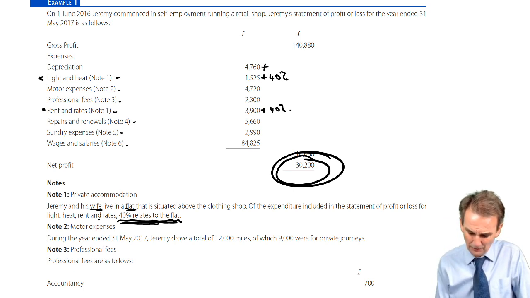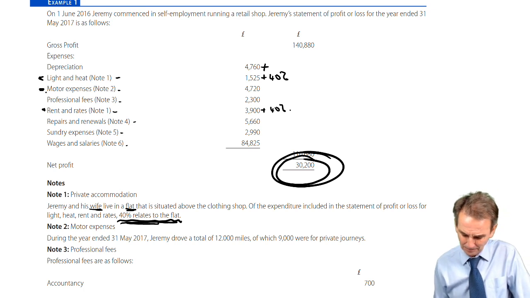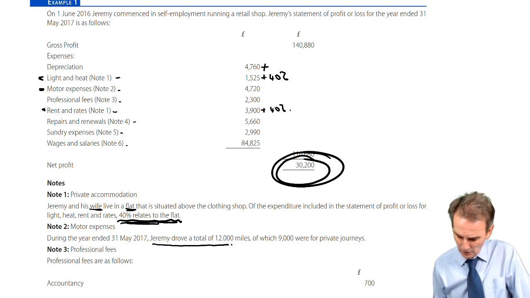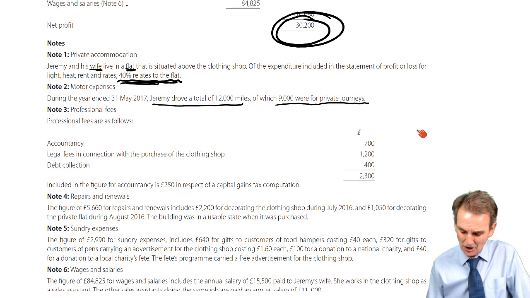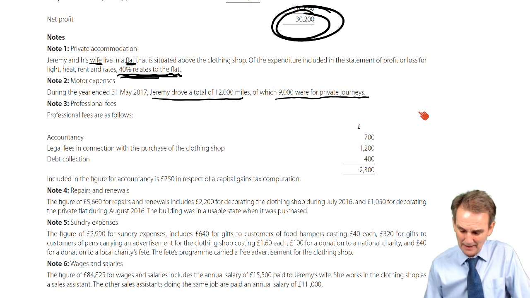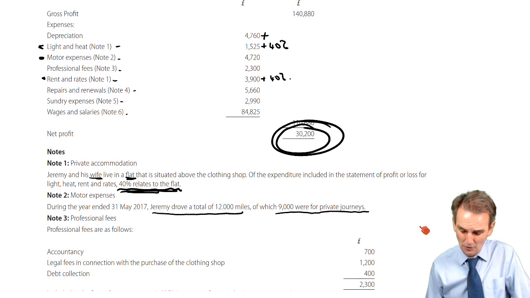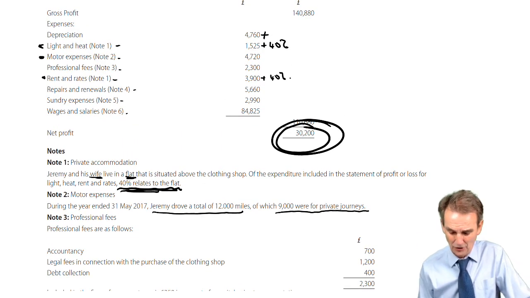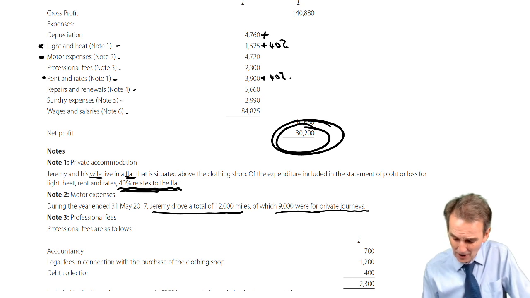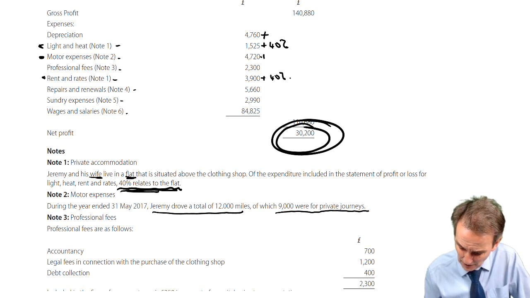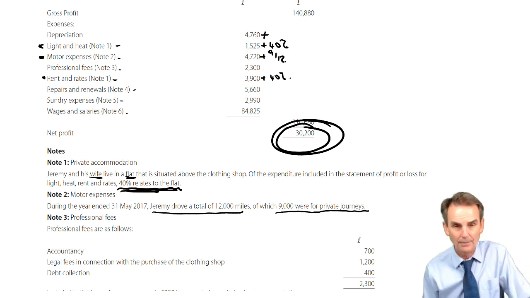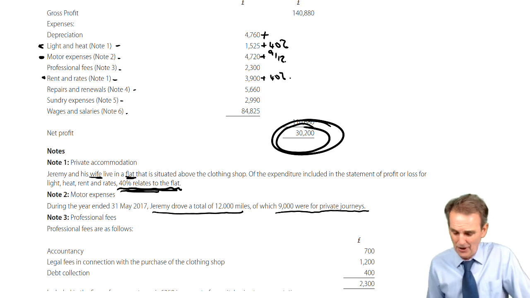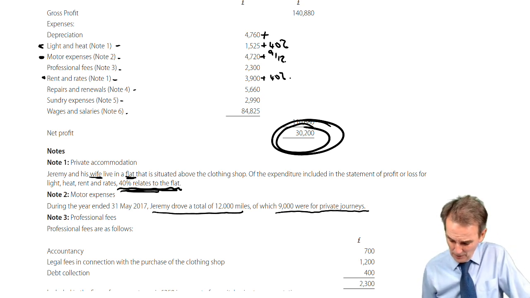On to note 2 for motor expenses here. Jeremy drove a total of 12,000 miles, of which 9,000 were for private journeys. Very clearly, therefore, 9/12 of this is going to be disallowed. So back to your motor expenses, there on the question page. What we can do is go there, as I said, 9,000 out of 12,000 was private, so plus 9/12. I think we can drop the noughts on that, plus 9/12. On we go to